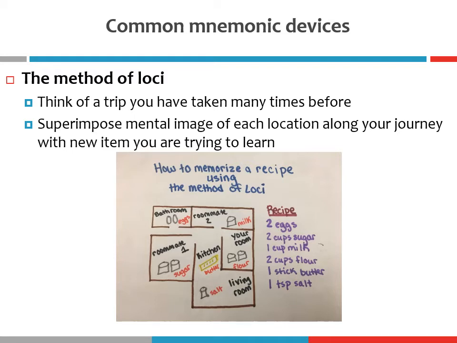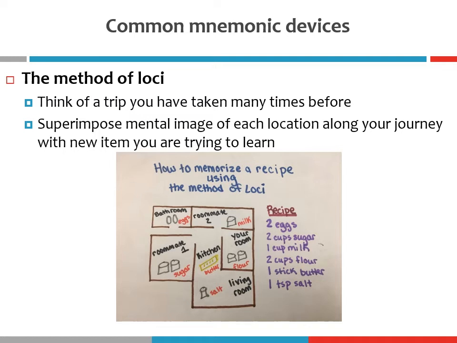So the method of loci originated with the ancient Greeks who were looking for ways to basically maintain an oral history, rather than having to rely on handwritten records, which weren't common in that particular age. So they had to commit large amounts of information to memory if they wanted to pass down that information